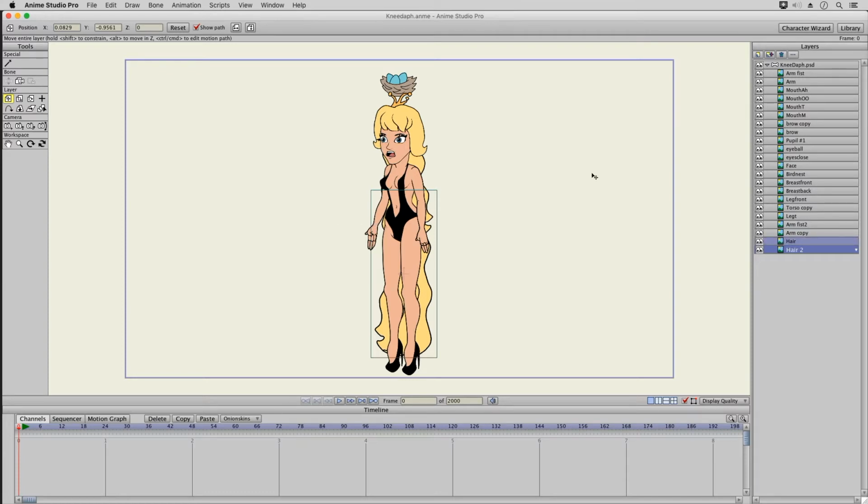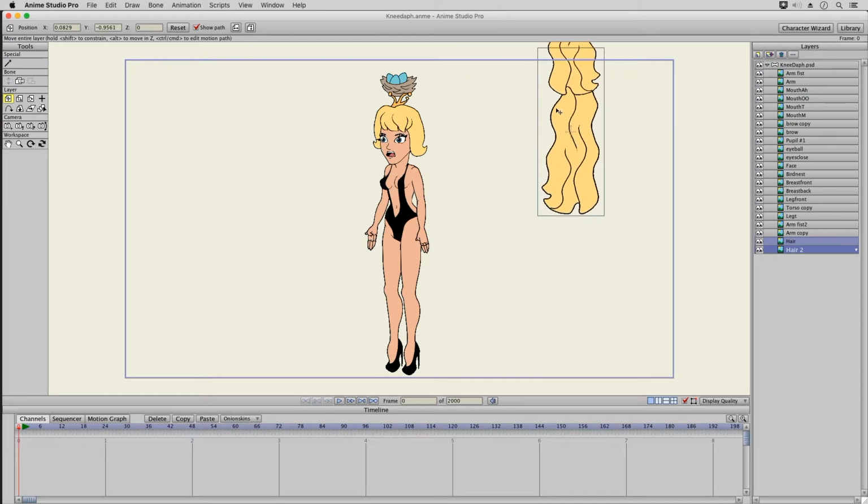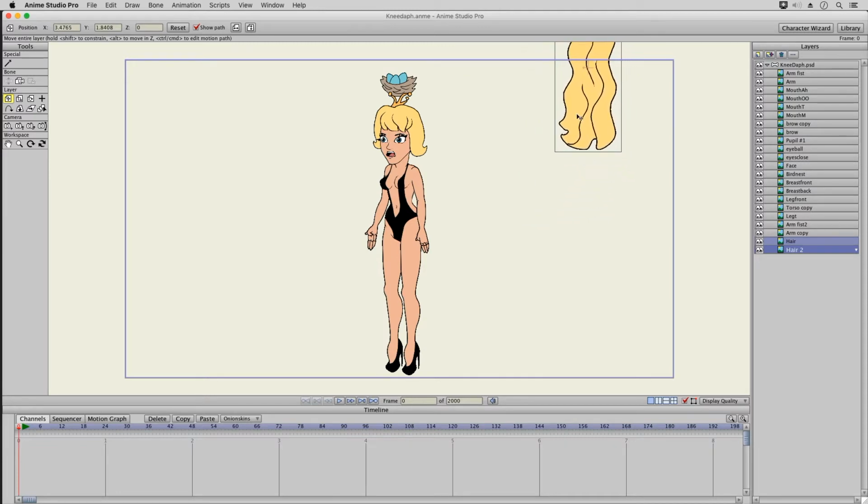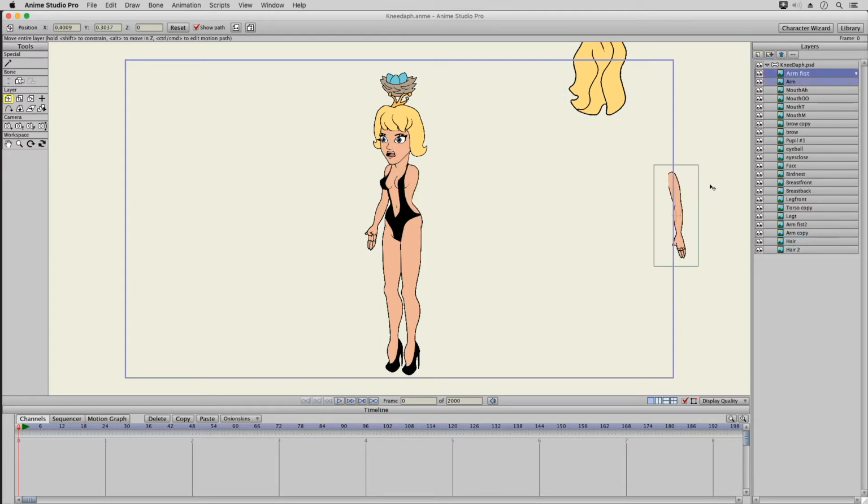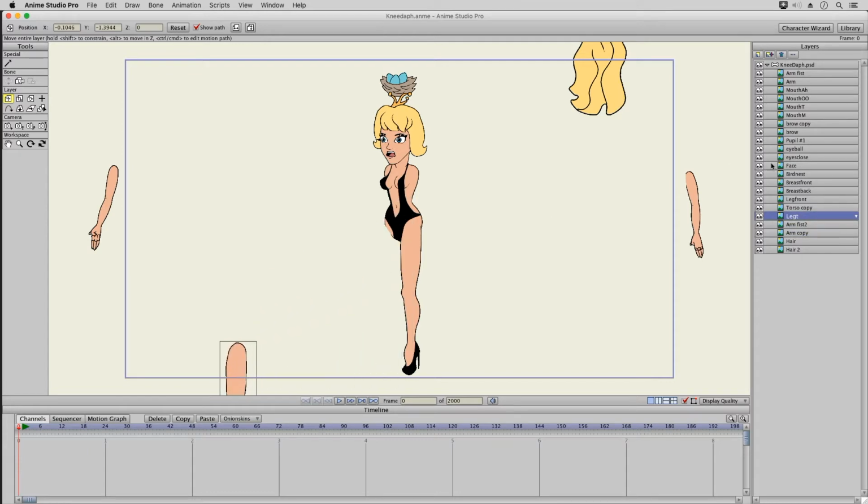So that was what I was going for with her hair. Looks like it reset all the limbs from earlier. So for the arm, I'll bring that back out here. The other arm over here. Let's see, then the legs, one leg here and the other leg over here, and then